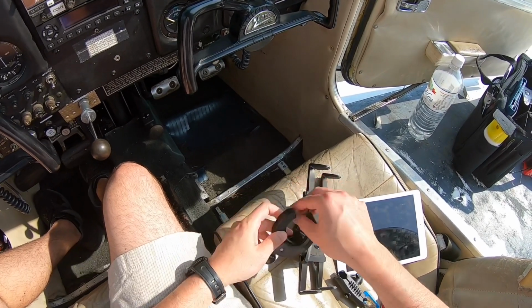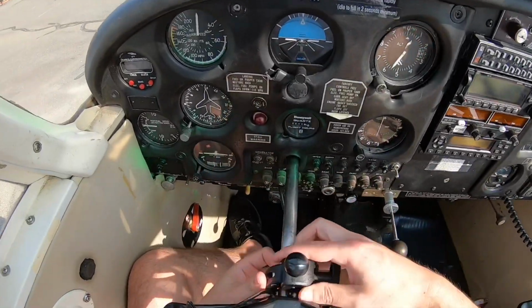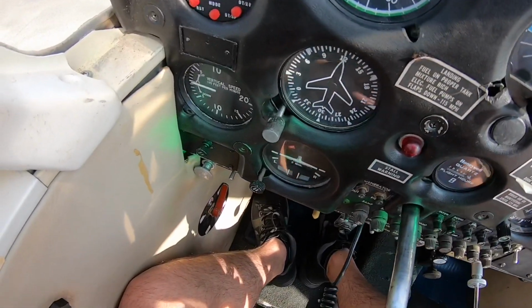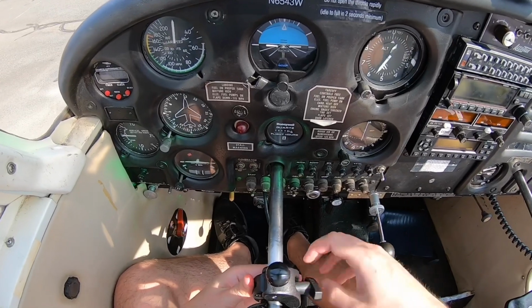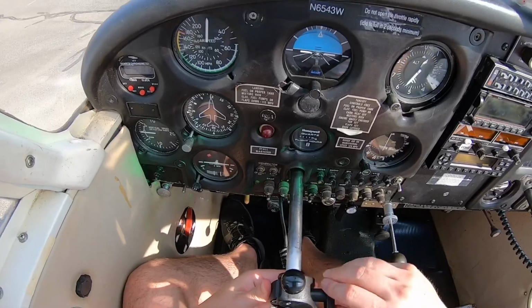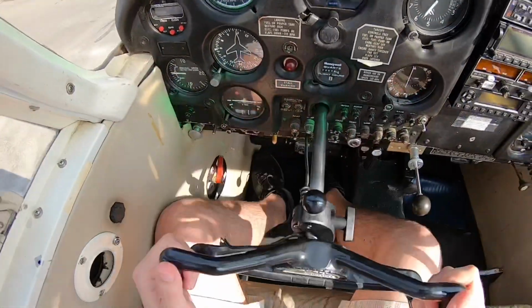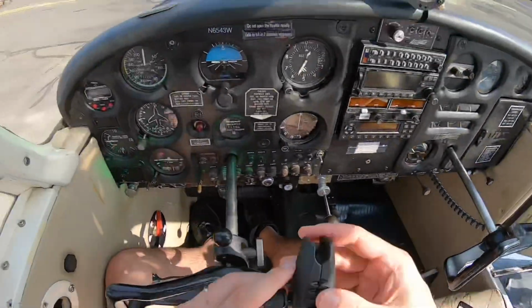So let's start out by trying to see how this thing fits on the yoke. Now I'm putting this on a Piper Cherokee 140. It's a club aircraft. One of the things that I want to make sure here is that it does not interfere with any of the control surfaces, and it does not. Okay, put the neck on,